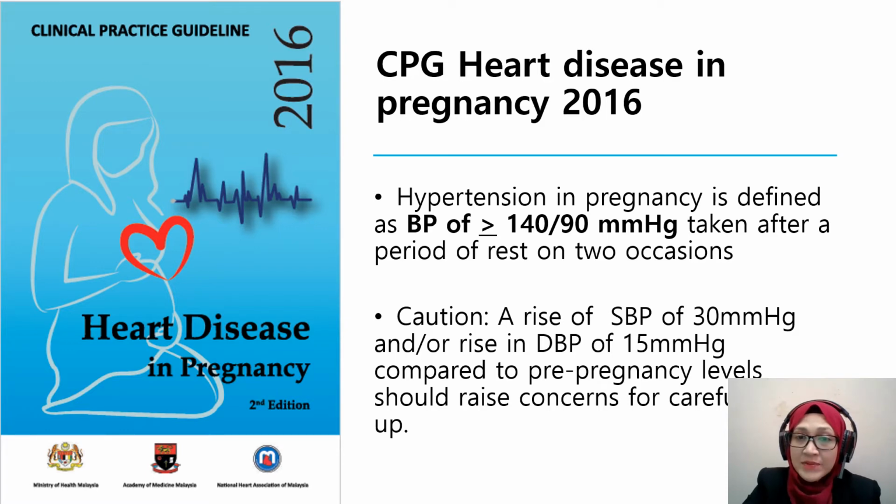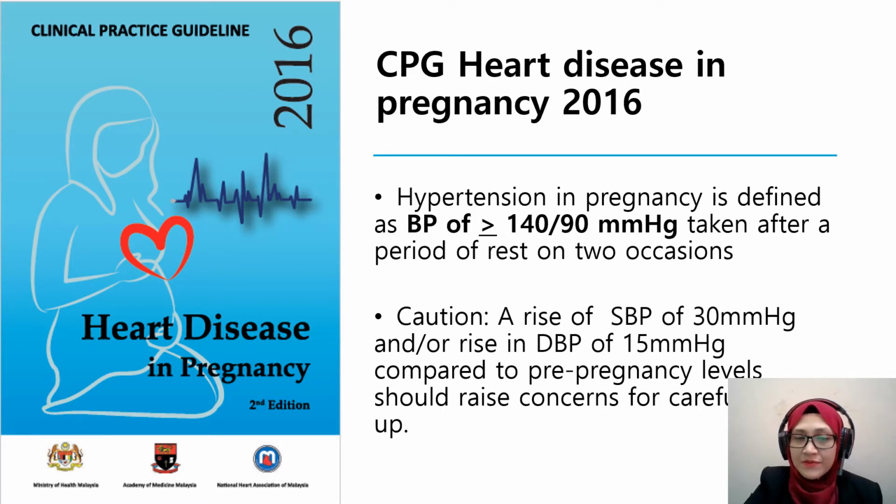2016. Hypertension in pregnancy is defined as a BP of more than 140 for systolic and more than 90 millimeter mercury for diastolic blood pressure. It should be taken after a period of rest on 2 occasions before we can diagnose that the patient is having hypertension. And also, even if they do not fulfill this,